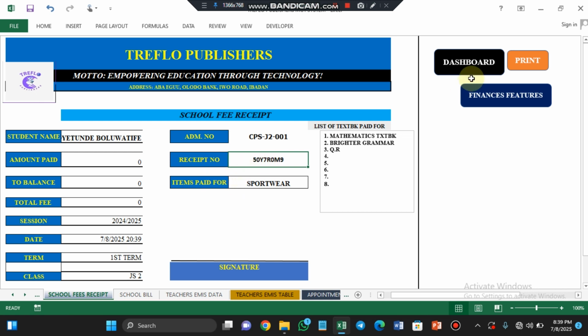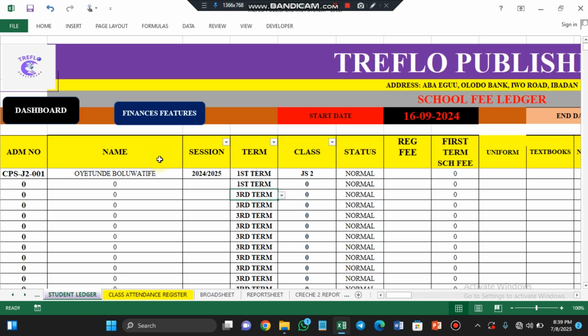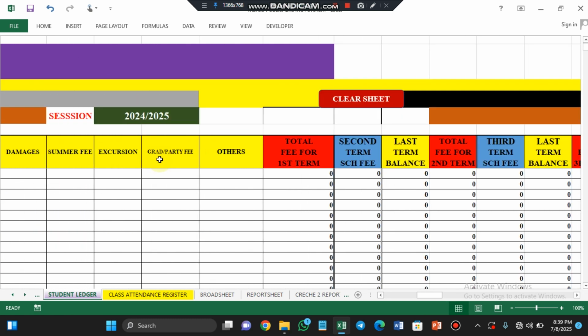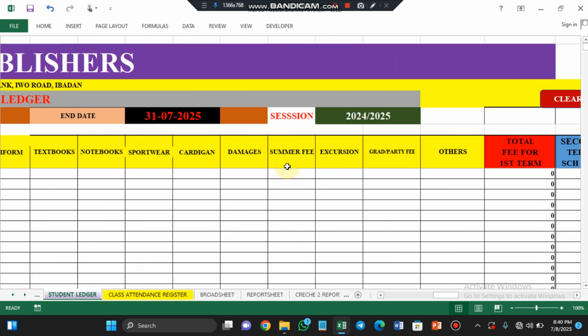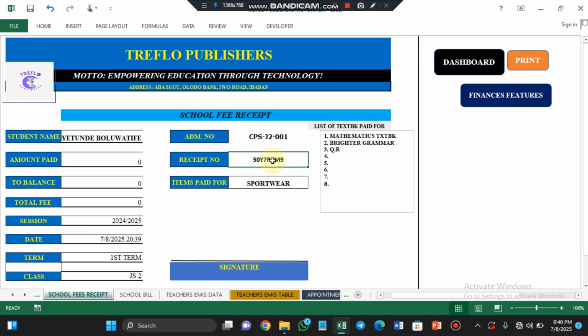And so on the school ledger, there are places for receipt number. Let me show you. So let's say for instance the student made the first installment and you have entered the receipt number copied from the receipt page. You copy it here to keep it as record, and then you go and put it on the receipt that you are issuing to that student. So you bring it here,